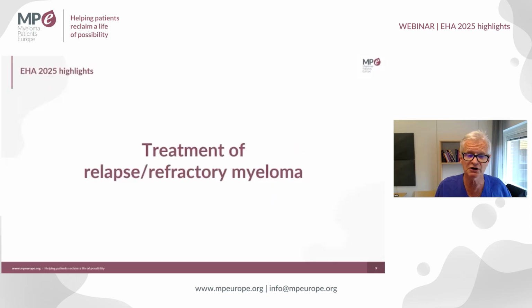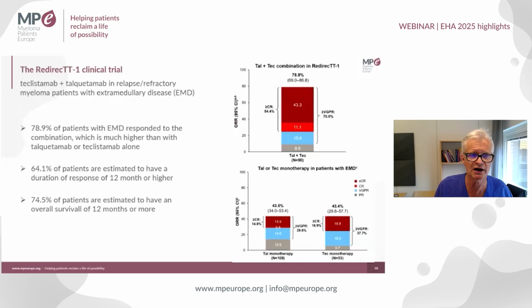Now to the treatment of relapsed refractory myeloma. The redirect clinical trial used 2 different sorts of bispecific antibodies. What's the reason for that? Well, teclistamab, the arm that grabs the myeloma cell, looks for a structure on the cell surface